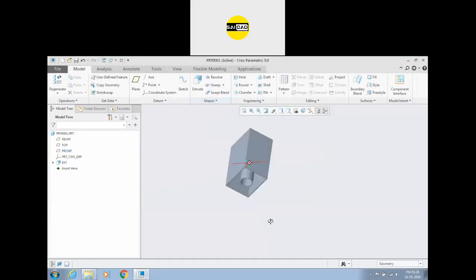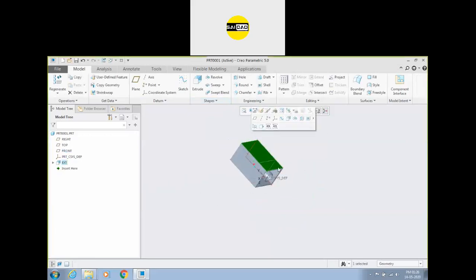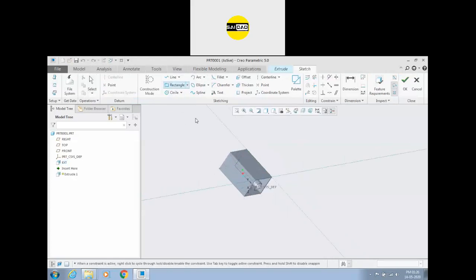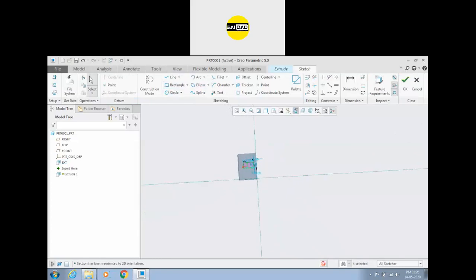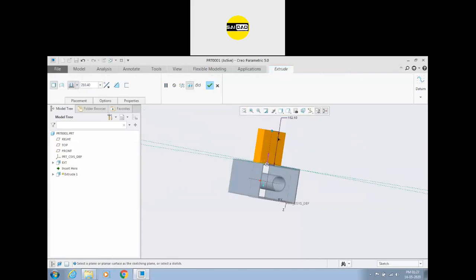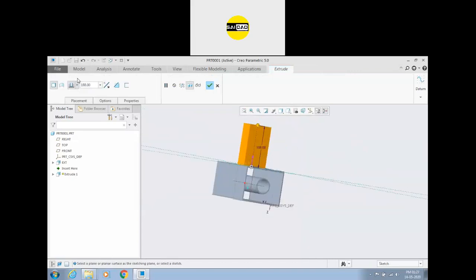So next is the option. If we create another object, I want to create an object on this face. So select the face. You can directly go to the sketch or directly go to the extrude. Okay. So create an object here. Okay. You have to define, and after defining, just click OK, and you can see that the object will be created like this. Now, if you click here, there are other options.